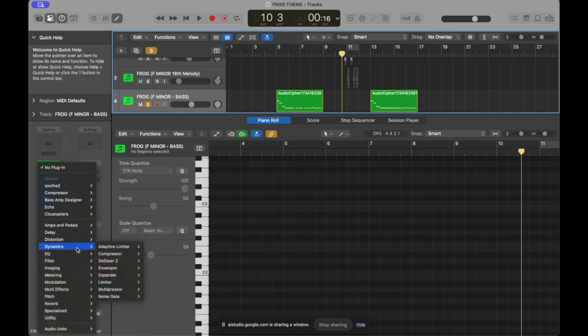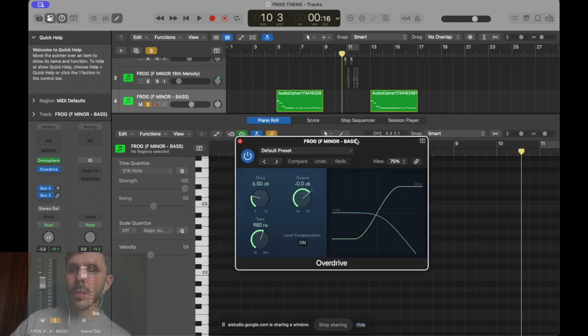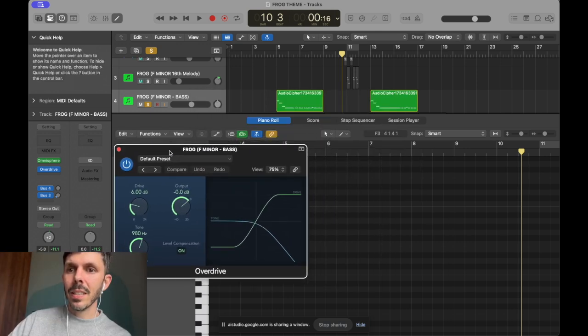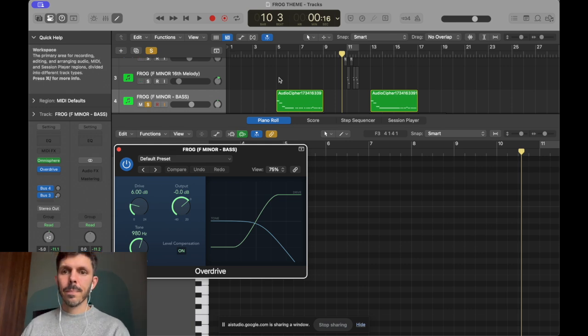Based on the list provided, you could try using the Overdrive plugin or the Distortion plugin, as either of those could work well for the bass. You could also consider the saturation plugin as well to add some harmonic richness. Can you go ahead and tell me what you think I should do in order to improve it now that you can see the Overdrive plugin?